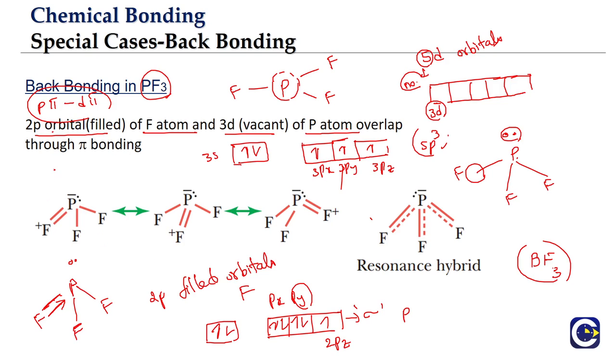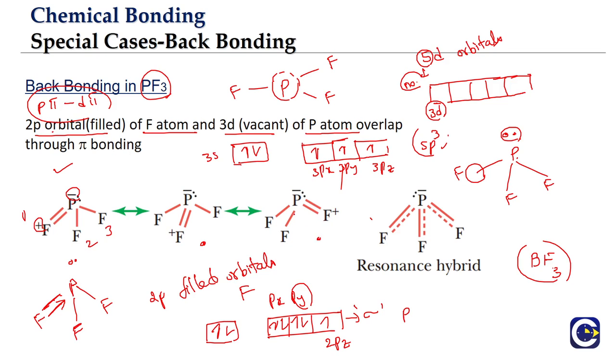So you can see here also we can have alternative structures. You know what these plus and minus are? These are the formal charges. Formal charge, we have a separate video on that, you can check it. Formal charge means what? Whenever there is a coordinate bond, the formal charge on the donor atom will be +1. Formal charge on the acceptor will be -1. So here it is indicating that the phosphorus is the acceptor, fluorine is the donor. We can have alternative possibilities. If you are numbering the fluorines as 1, 2, 3, in another possible structure we can have fluorine 2 acting as the donor. In another possible structure we can have fluorine 3 acting as the donor.